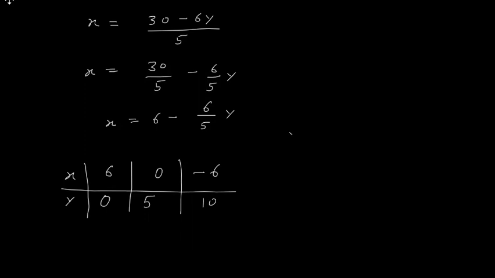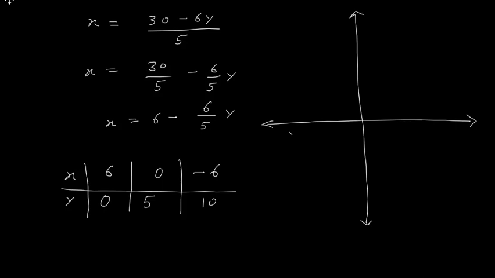So let us draw the graph. This is x-axis. This is y-axis. Along x-axis, we mark points; different scales we can choose on different axes. So here along x-axis, it is better to choose 3, 6 like that. On left side, we have minus 3, minus 6. Along y-axis, we have 0, then we have 5, then we have 10. Below we can have minus 5, minus 10.